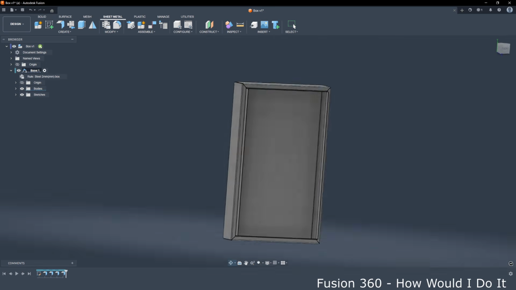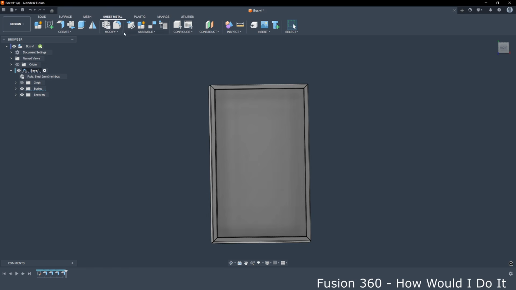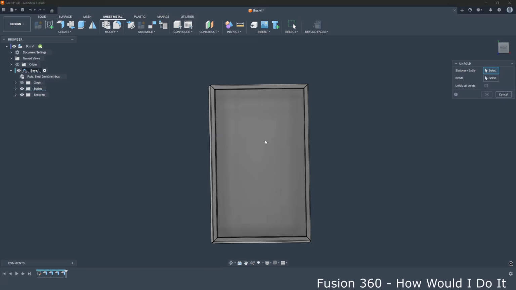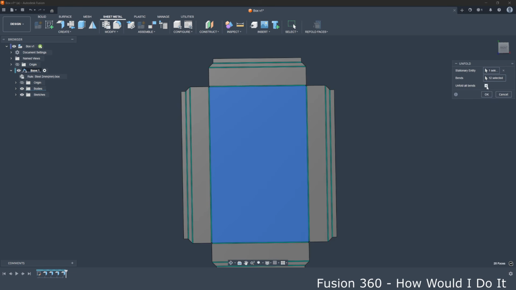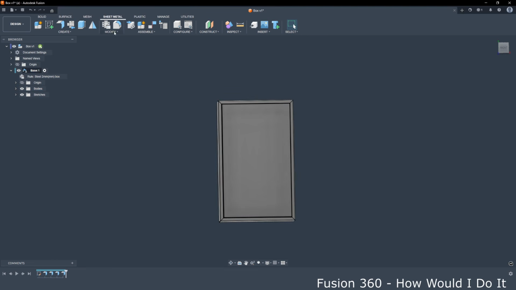Now we have a sheet metal part that looks like this. We can unfold this part. So let's do that again. Just go to